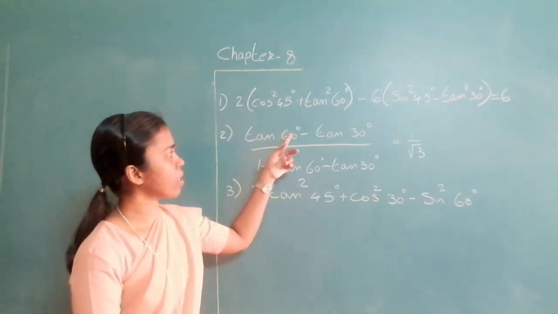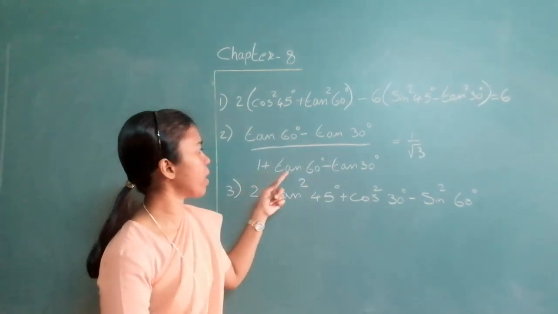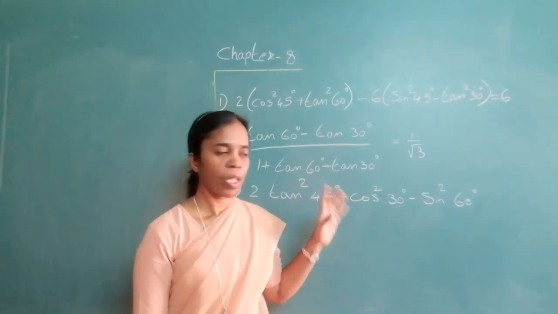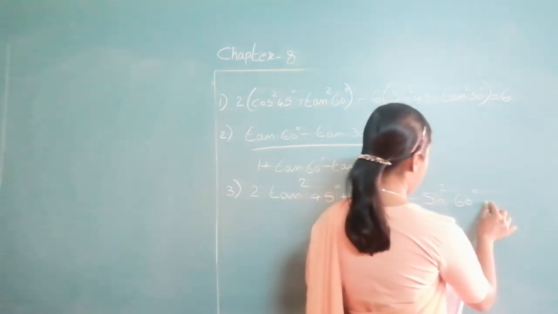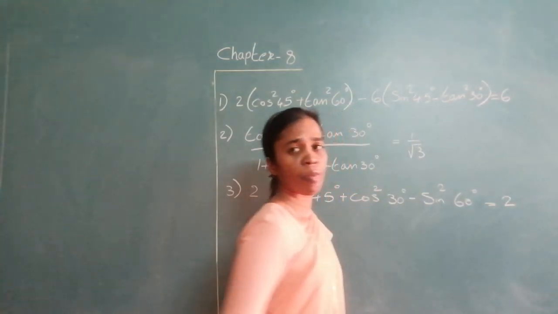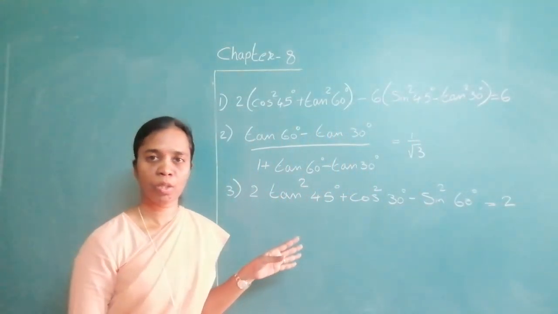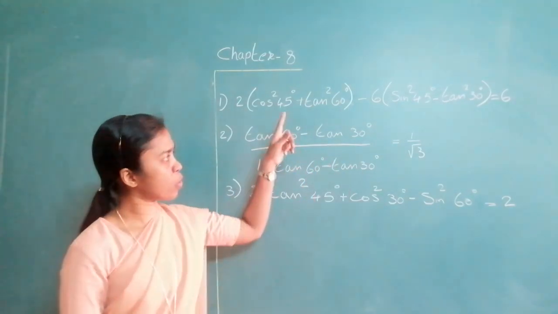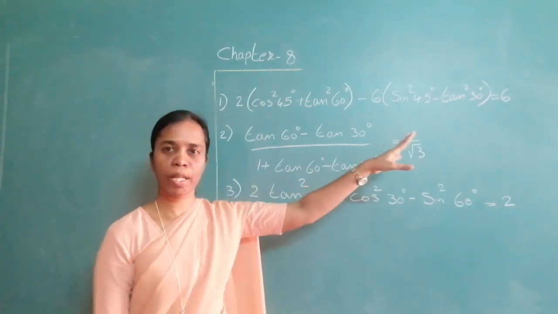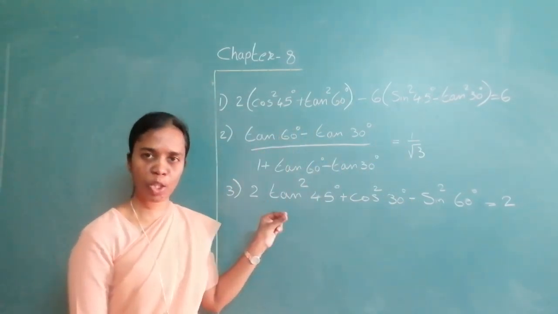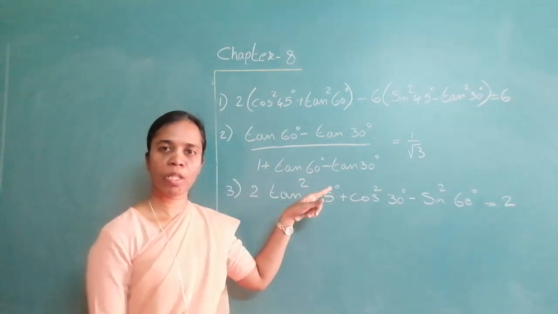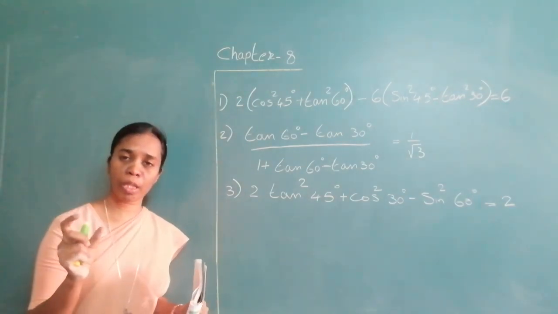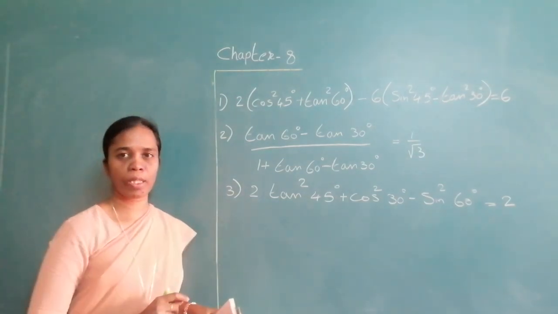Similarly, second one, tan 60 minus tan 30 upon 1 plus tan 60 minus tan 30 equal to 1 upon root 3. All these are to prove. And the last one is equal to 2. I have given you the answers so that when you solve it, at the end you should get these answers. And the questions are to prove. So you solve it, finally you should get these answers, the right hand side. So you solve it like LHS is equal to, solve it. When you get it, you put it as equal to RHS. Okay. These are the 3 questions. Take your time, think, do it slowly. All are using the table.